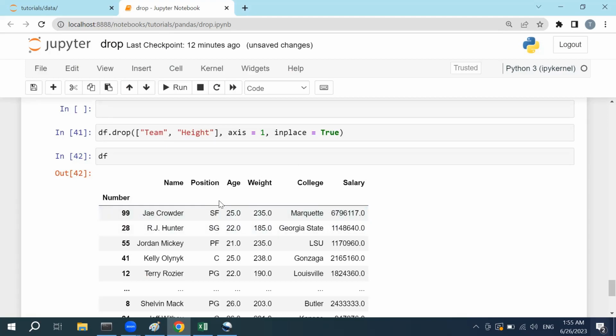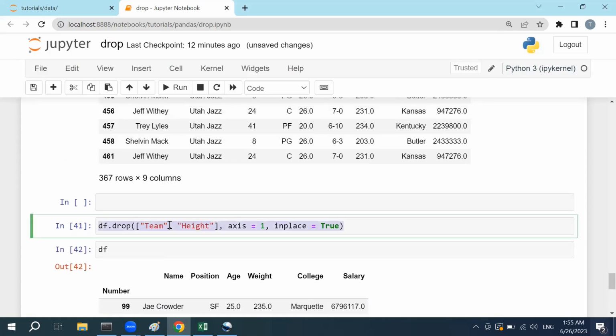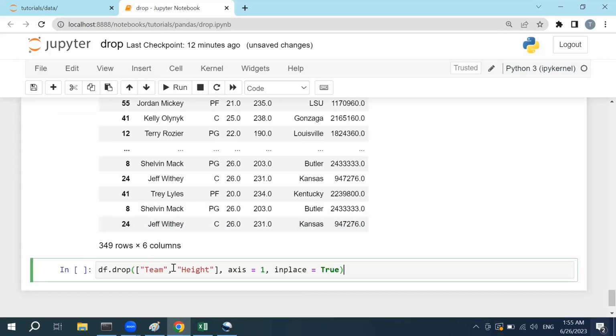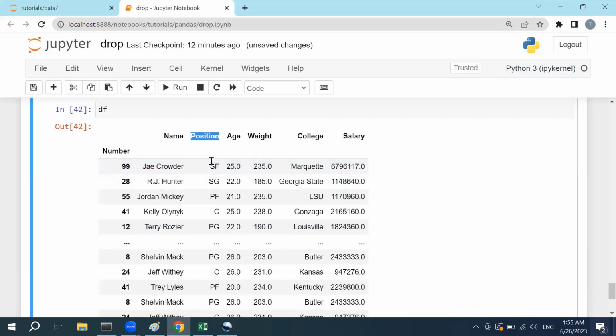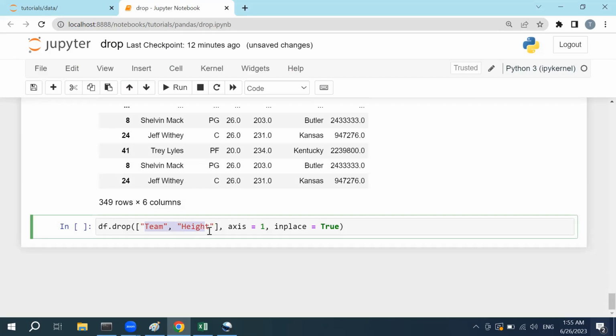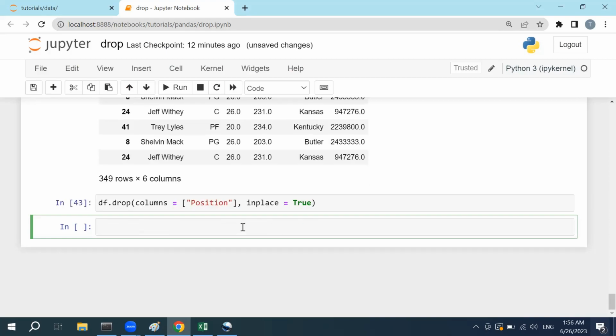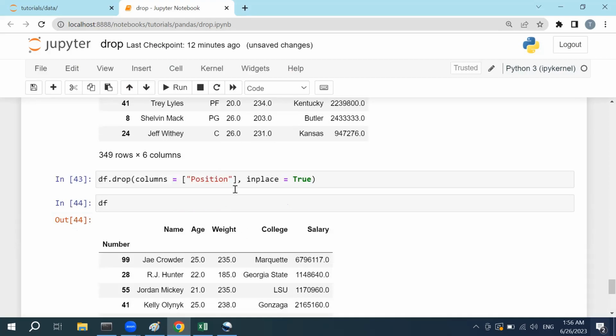And we could even do it in a different way. We already don't have these columns here. I will pick one more column in order to demonstrate another way, like position. I want to drop the position. In order to drop it, I will type in columns. This is another syntax, and delete this. Even we could save it, but now it does not matter. Let's try to delete it, click Shift Enter and call it again. You could see it has dropped the position column, but with axis equals to 1,